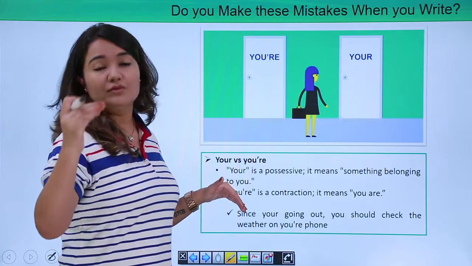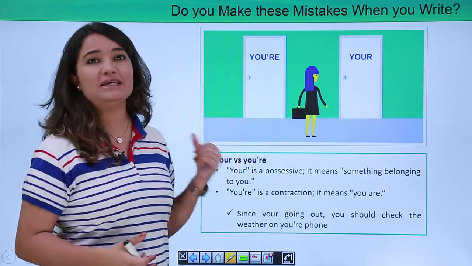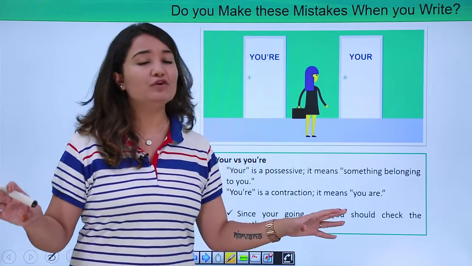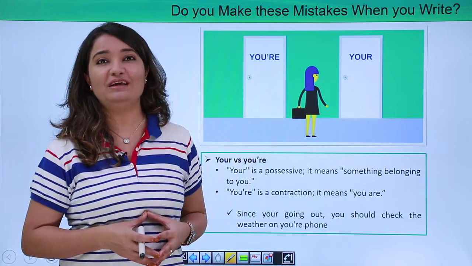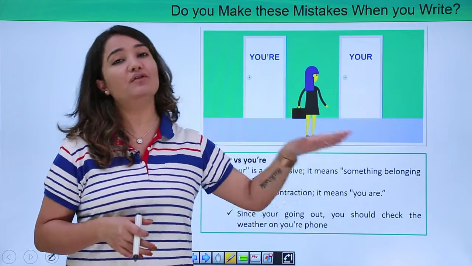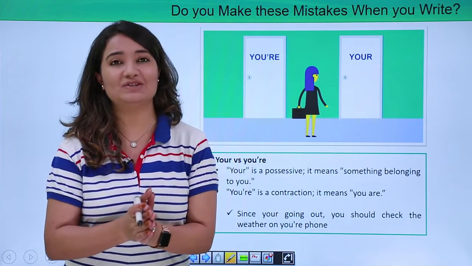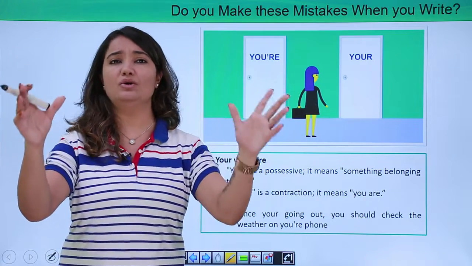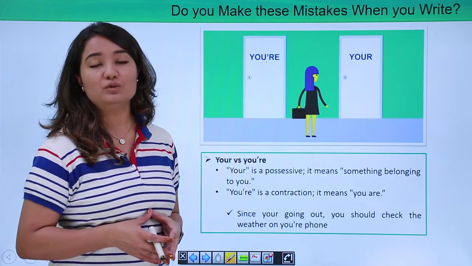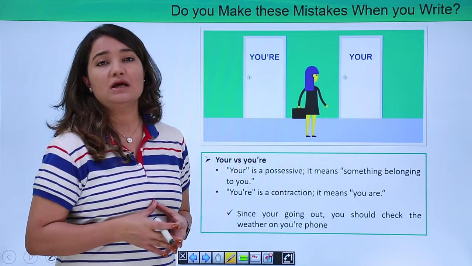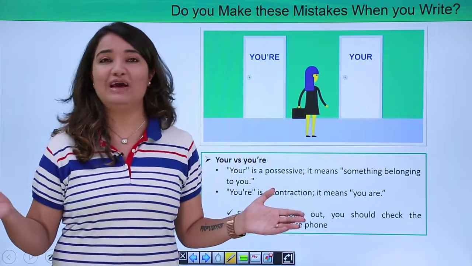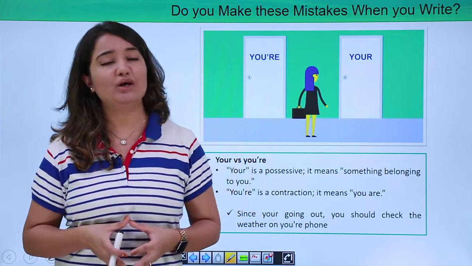And you're, with the apostrophe, is a contraction of you are. So, "You're looking very beautiful today." That is what is meant by you're with an apostrophe. On the contrary, your is possession. So it is your car, your house, your table, your phone, whatever. Again, most people confuse these two words and end up using them in the wrong context. So just be careful next time, especially whenever you are writing them.